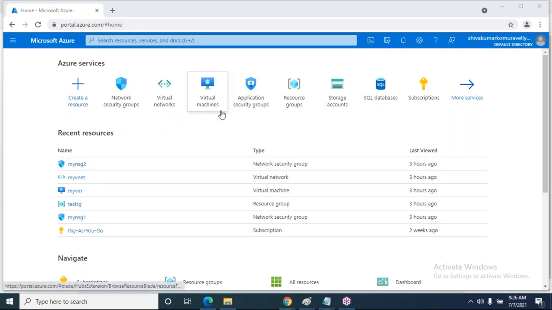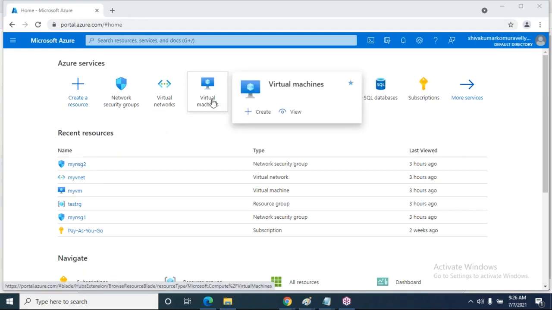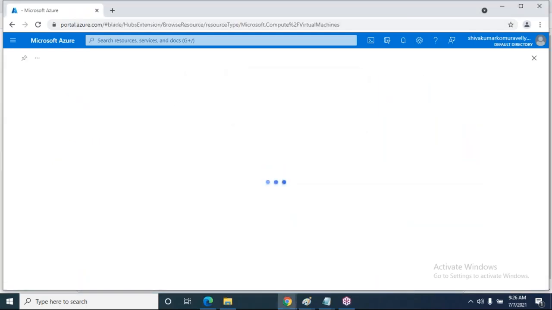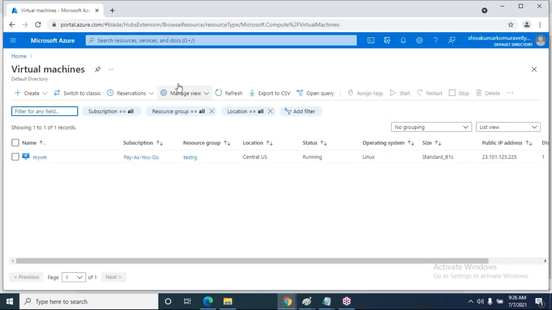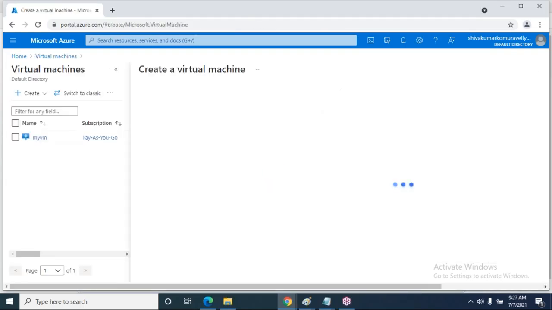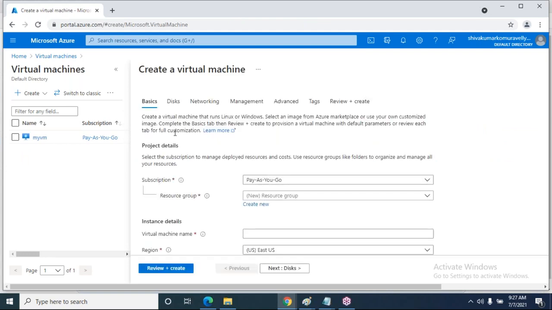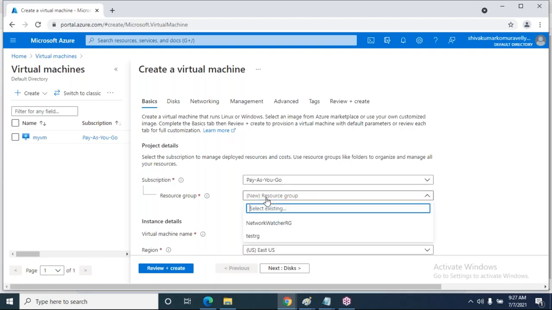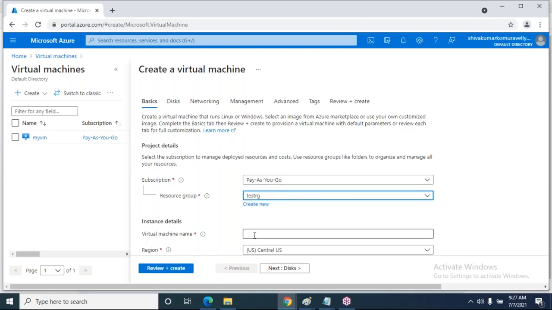Okay, so to create a virtual machine, just select this option, click on virtual machines, click on create virtual machine. We already have one resource group, the test RG.